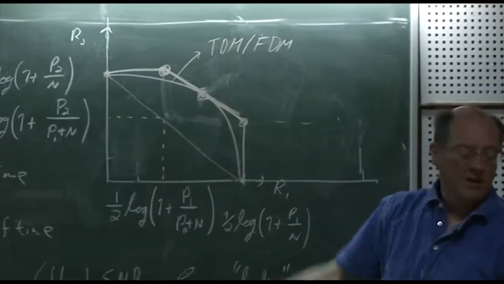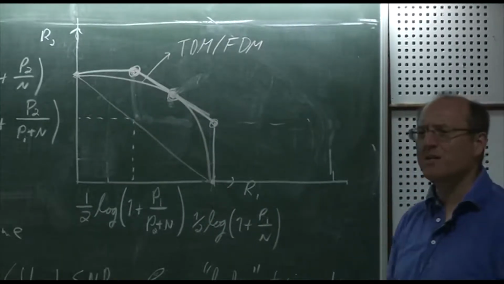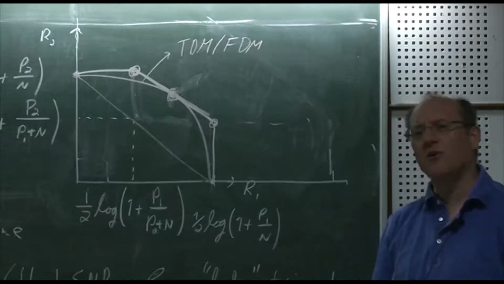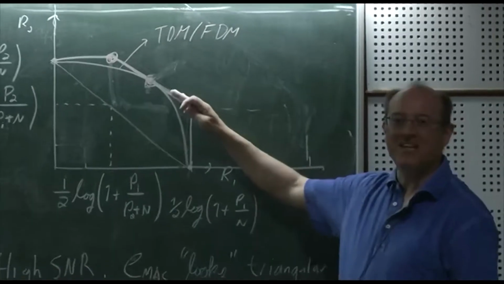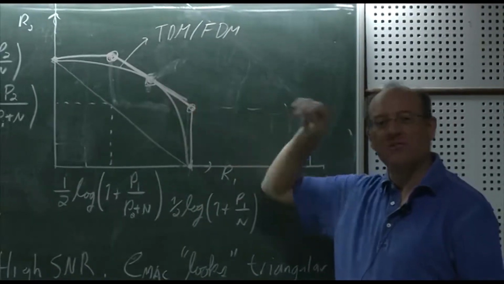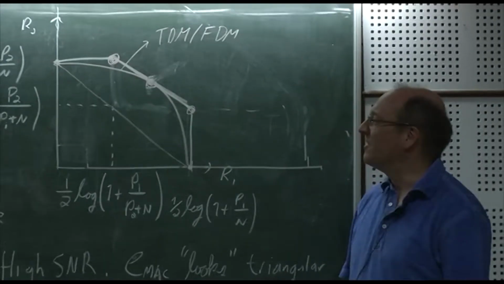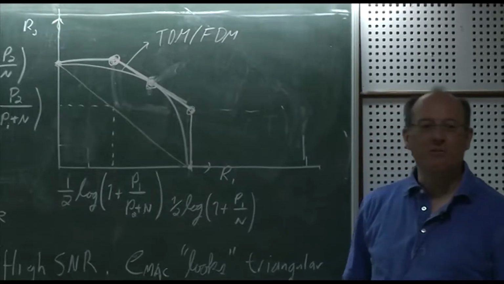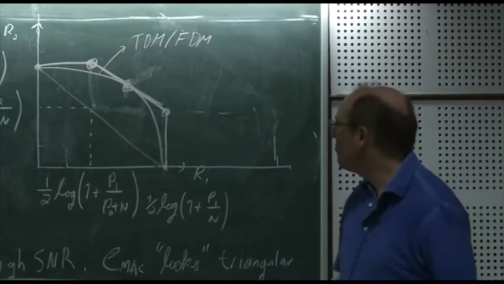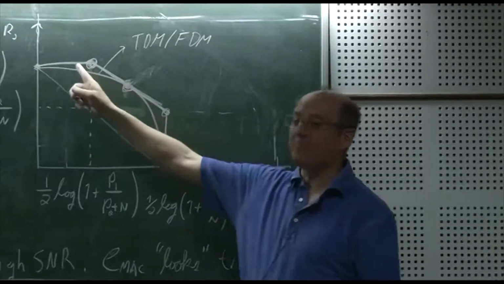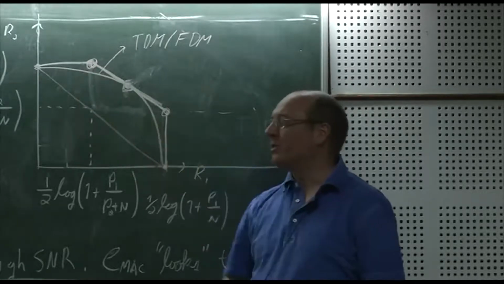FDM is even optimal. So this kind of plot was presented, I think it was by Viterbi in a paper in the 90s, and it was used as an argument to say, well, why do we need multi-user detection? I mean, look how close we're getting to the whole region if you look at this picture, right? And yeah, if you look at this picture, you say, well, what's the point? I mean, why not just use orthogonal transmission? You know, you could be disappointed by this point. Sure, we're not getting right to the corner, right? But, you know, it doesn't look so far away. So with this in mind,